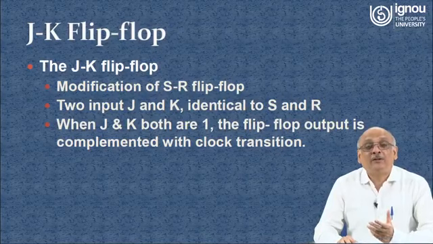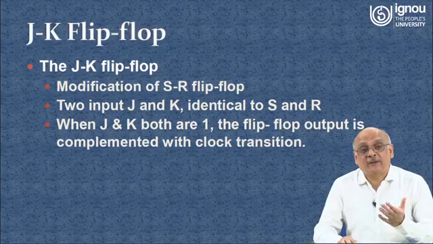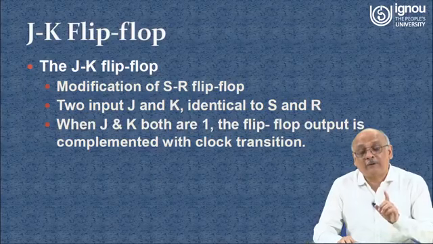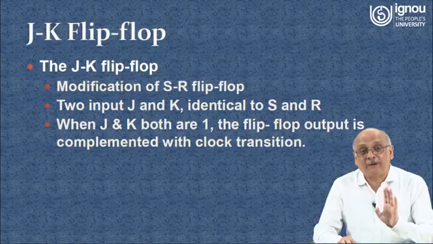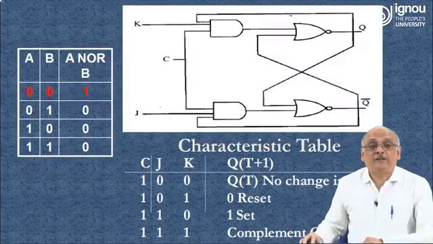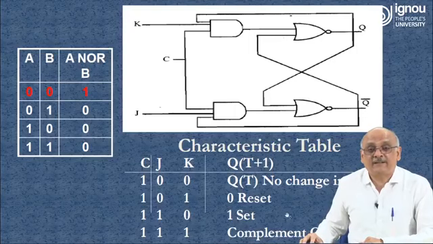Suppose you want to build a register circuit where complements are possible, right? You want to make complements possible, then what flip-flop are you going to use? J and K flip-flop, JK flip-flop, not SR flip-flop, because over there complement is going to be difficult. So this is once again the characteristic table of this particular flip-flop. The thing is, it is complement Q(t), the bottommost line. This is what we are going to discuss.